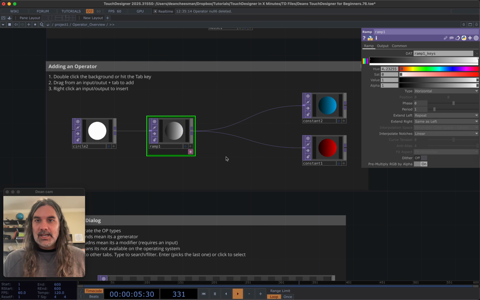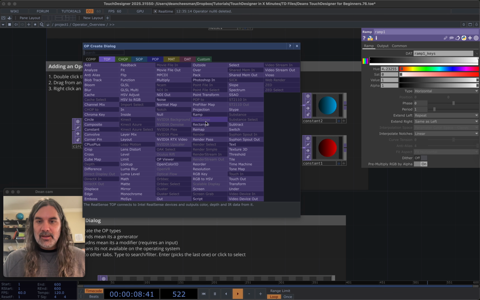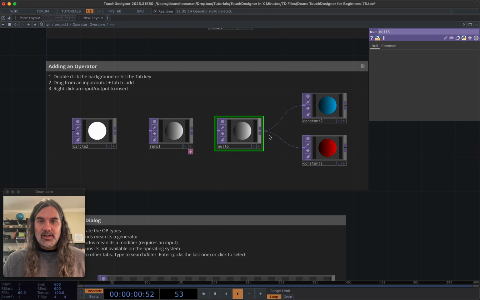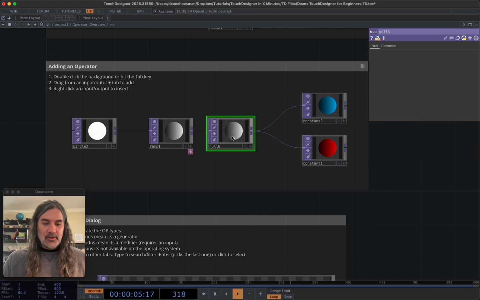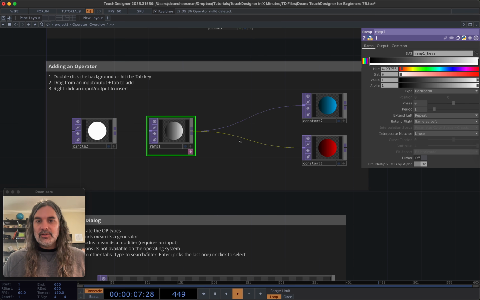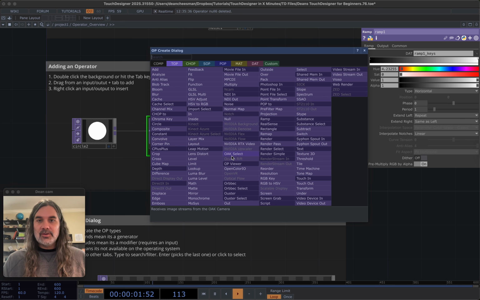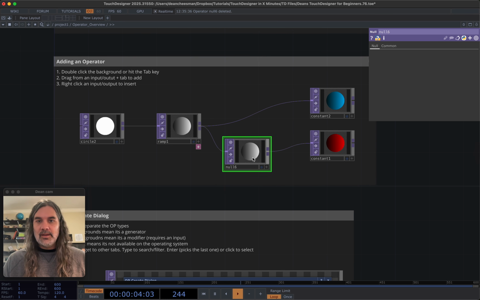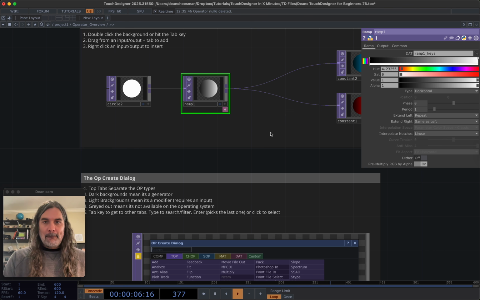And then another thing you can do, like in this example, I have two outputs coming out of this operator, and I want to insert one with both of these outputs still connected. I can right click on the output of that operator and then add an operator in, and it'll keep those connections, allowing me to insert it in. Another way to insert, if I only want to insert one on a connection that's already existing, I can right click on that connection and insert an operator there and add it in. Okay,